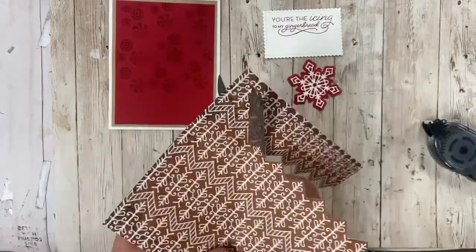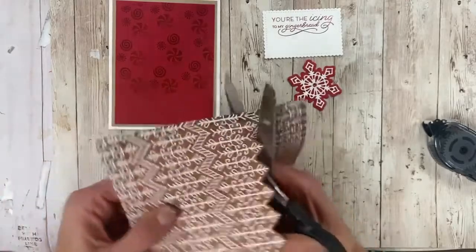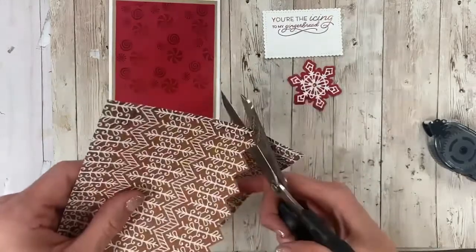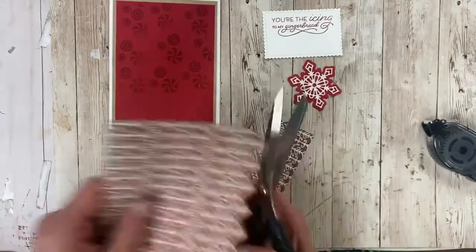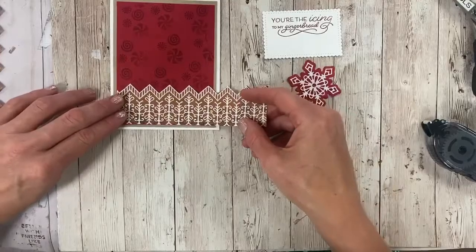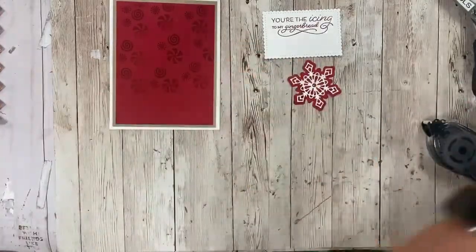You're just going to cut. I would cut all the way across your zigzags. And the nice thing is you can probably do 3 cards with this one piece of designer series paper. Okay, so then you'll place it there at the bottom of your cardstock after you've cut that